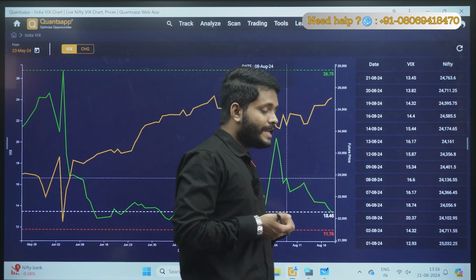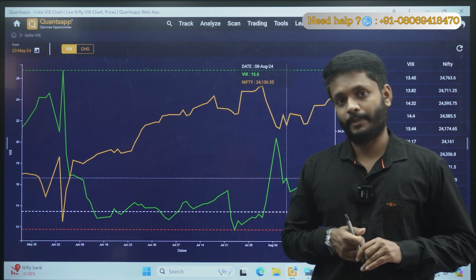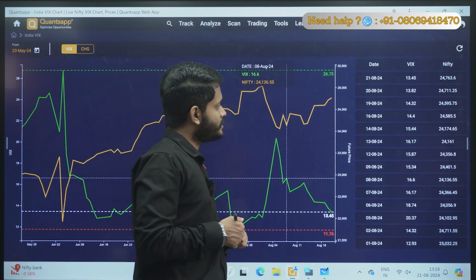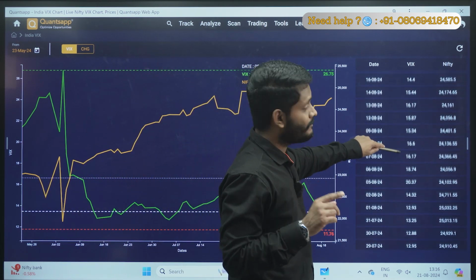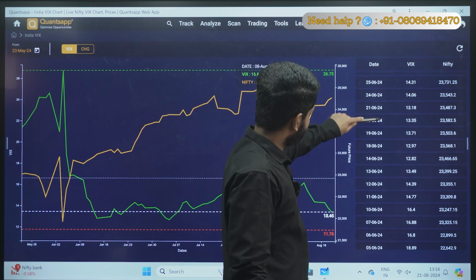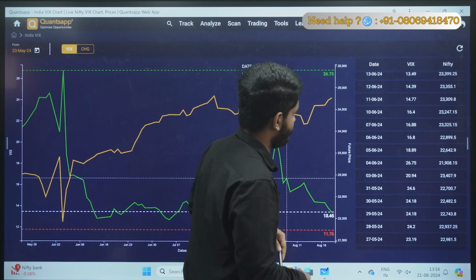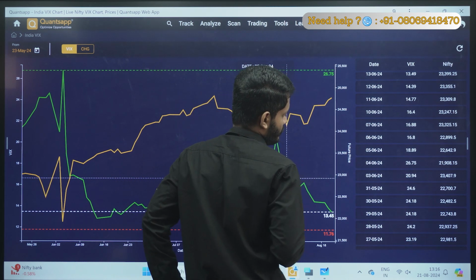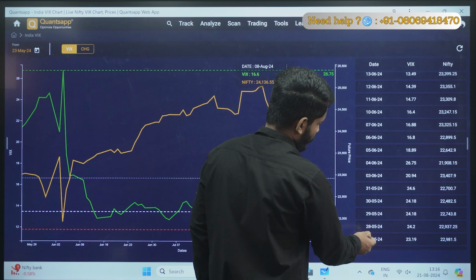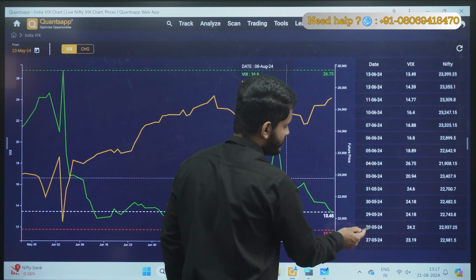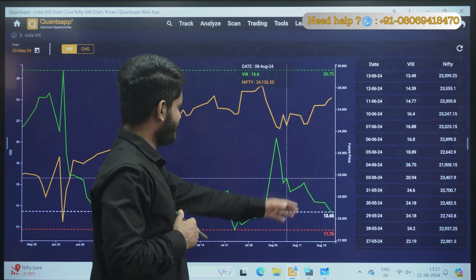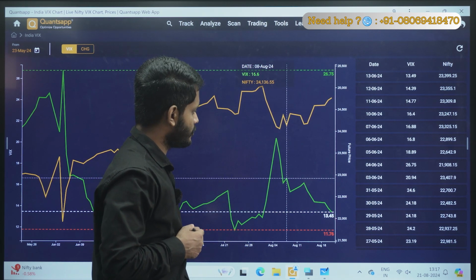Now, when we last saw a big crash in the market, it was somewhere around 4th of June, I guess, correct? So let's check what India VIX was at that point in time. Let me go down over here. Okay, this is 4th June. Can you see the date? Before 4th June, from 27th or 28th May onwards, that is 5 to 6 days before the event, I think it was an election result, correct?